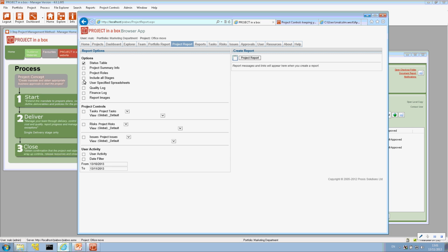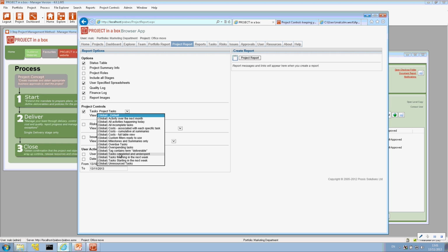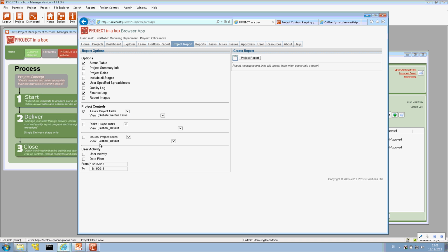Pick up the bits that we particularly want. Here we can use one sort of task, risks and issues arrangement, and of course we can apply that to the project tasks or all my tasks, etc. We can pick the particular view we're interested in. So let's look at overdue tasks there, user activity, etc. We produce our report,